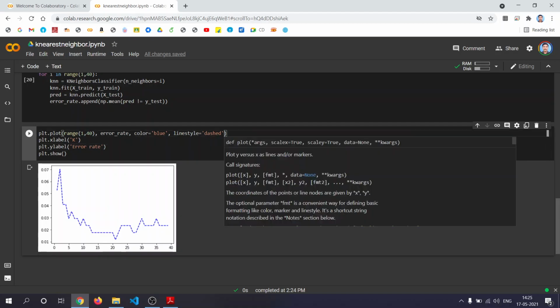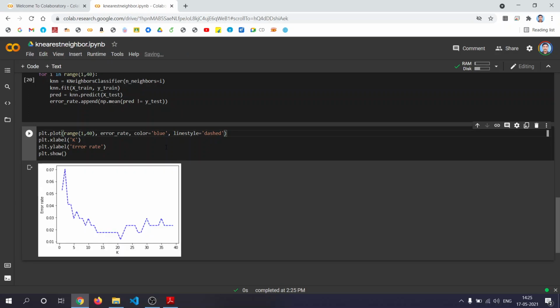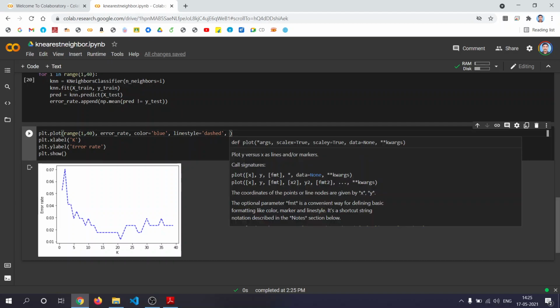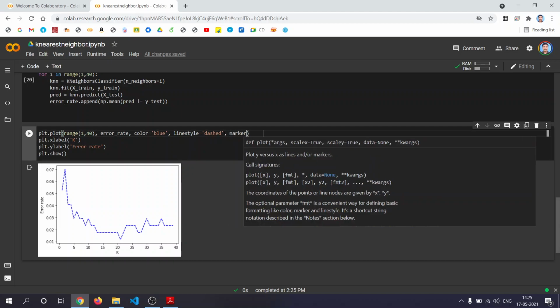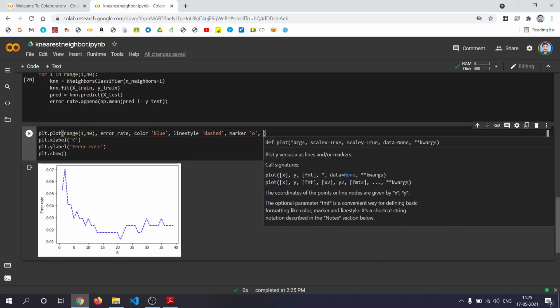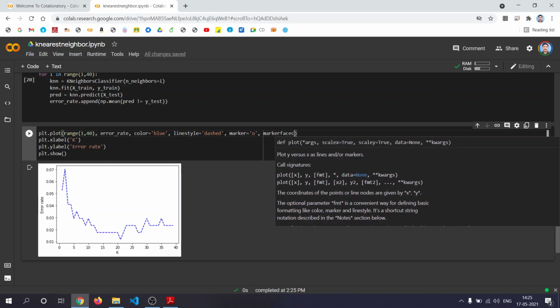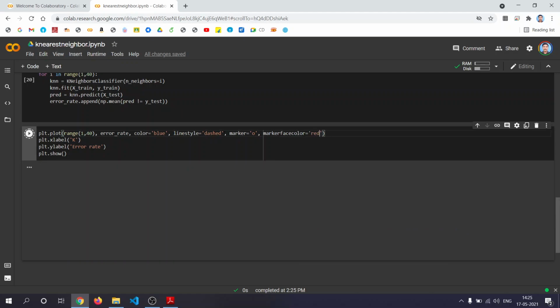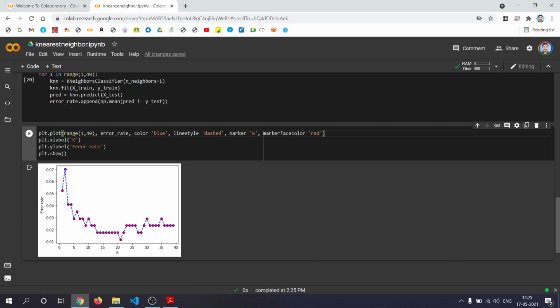Along with this, we'll add some more, like marker equal to o, and markerfacecolor equal to red, right? So this is how it will look if you add a few more things onto your plot.